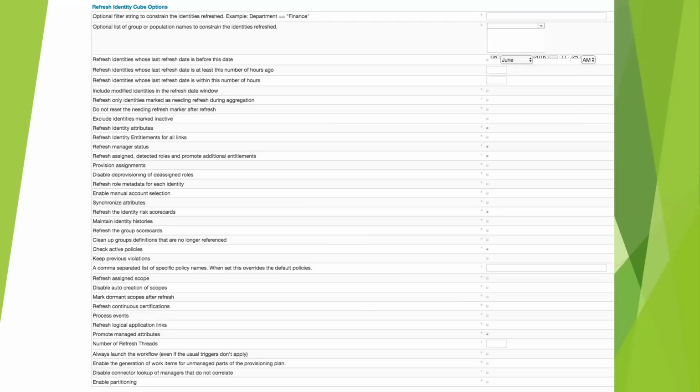Then as we define Workday as the authoritative source application, as part of the Workday aggregation, the account gets created within IdentityIQ, like an identity cube gets created. Then my last name changes within the system. When the last name changes, the next day it will come as a change within Workday, which will get detected via the aggregation, and you need to synchronize this attribute, my last name,